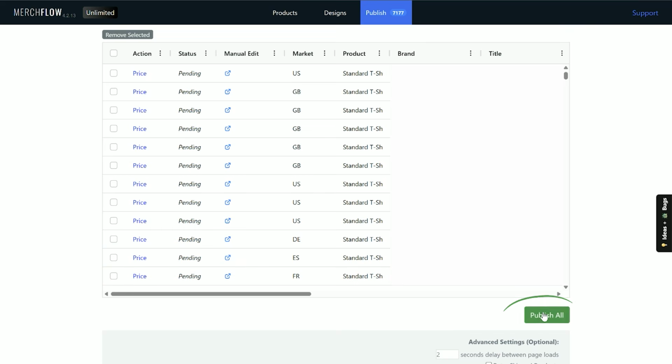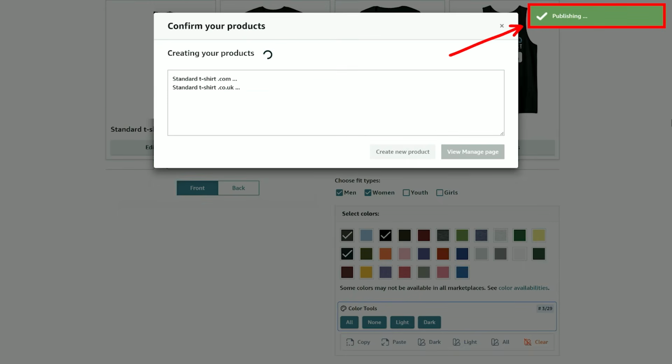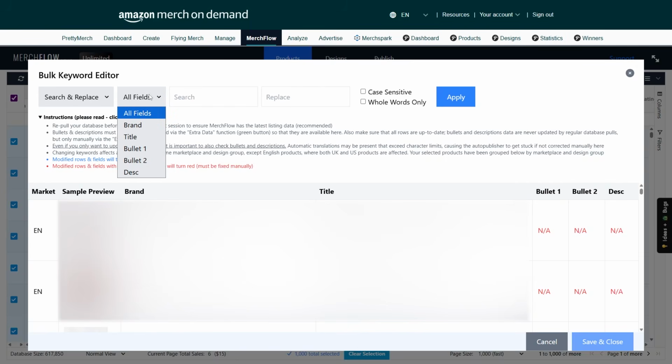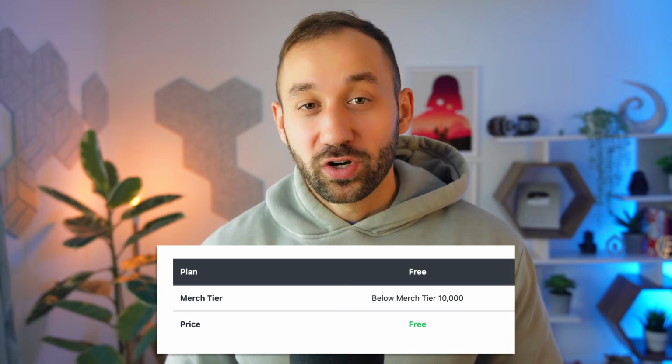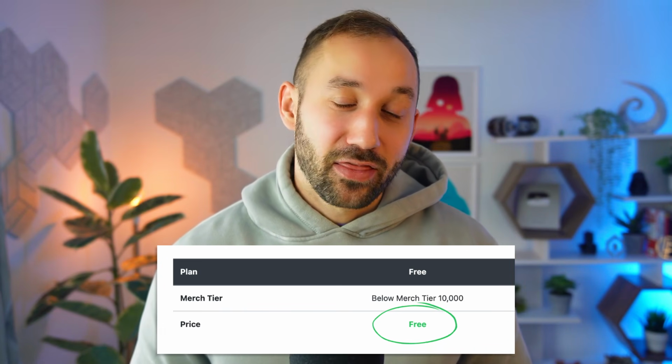and it's absolutely amazing. If you want to bulk change your prices, if you want to make edits to your listings, filter out products that haven't sold in a while, or do things like copy your ASINs in bulk for ads. And the best thing is you can actually get Merchflow for free if you're lower than tier 10,000 on